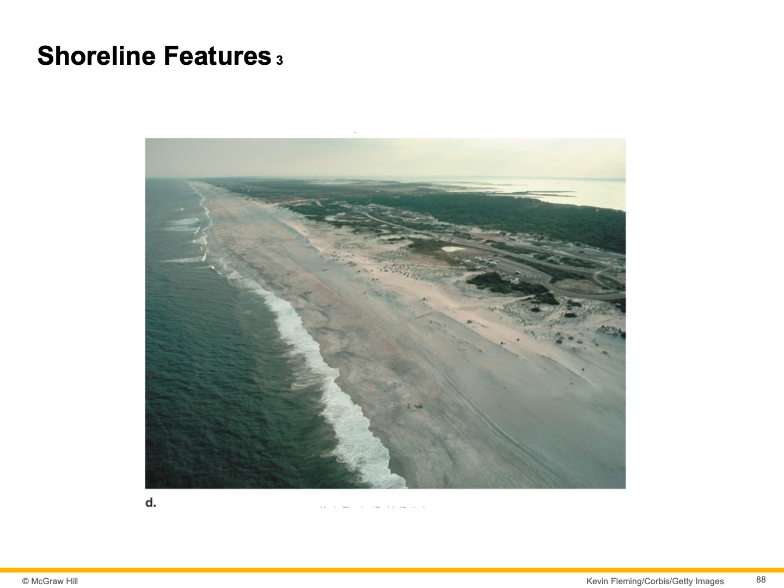This is a photograph of Assateague Island in Maryland. This is a narrow, elongated barrier island that separates the ocean from the mainland. And here you can see this is the ocean, and this would be the water between the island and the mainland.